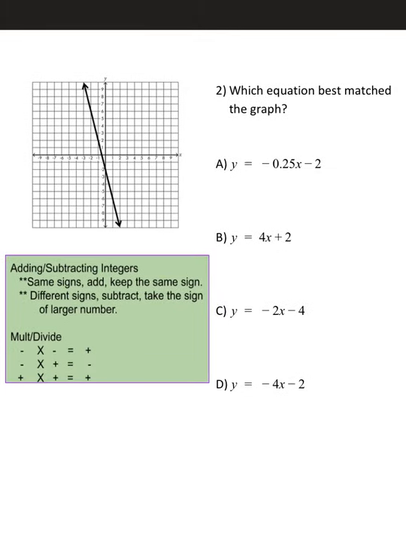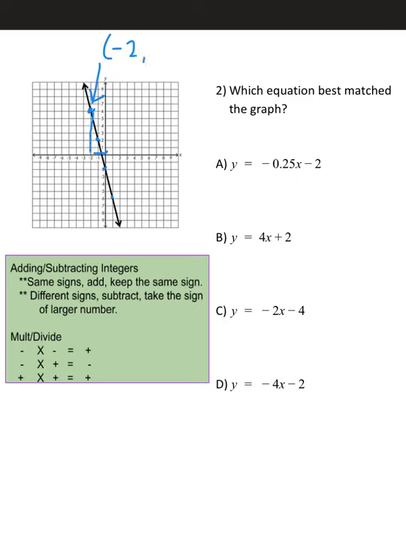All right, so now we have which equation best matches the graph. So there's the equations again. We're going to look on the graph and choose a good point that's on the line at an exact spot. So when I look closely, I see that looks like a good one. I can do that one, I can do that one. There's quite a few points on the graph I can choose, but I'm going to pick this one. So let's see, the ordered pair is starting at the origin, -2